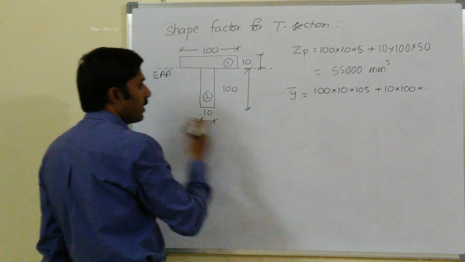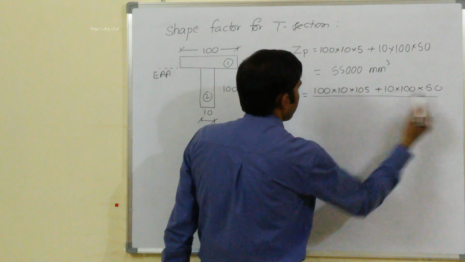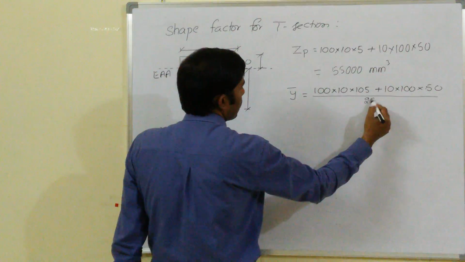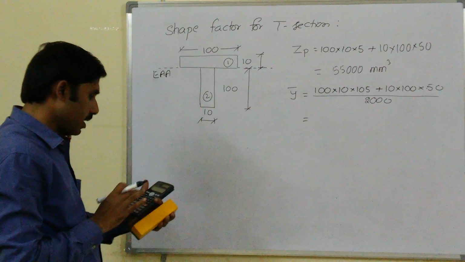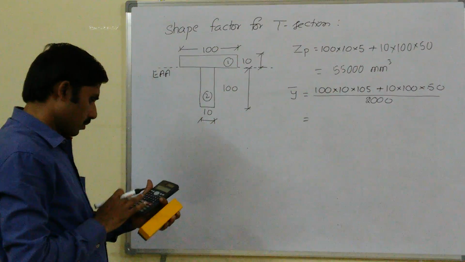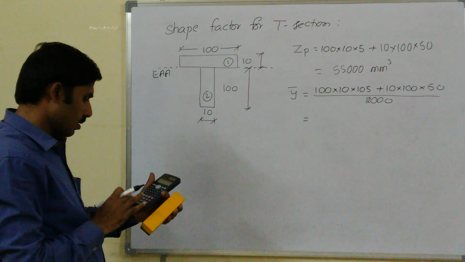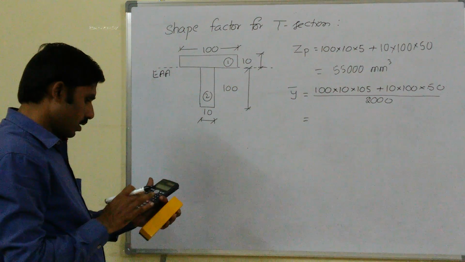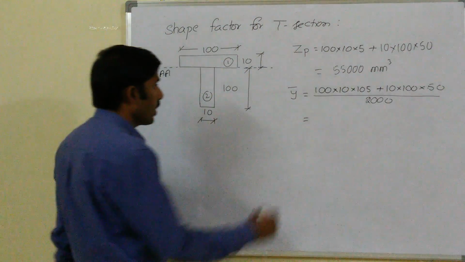y2 is 100 by 2, that is 50, whole divided by a1 plus a2. Total area 2000. That is y bar. So that will be 100 into 10 into 105 plus 10 into 100 into 50 divided by 2000. That is 77.5